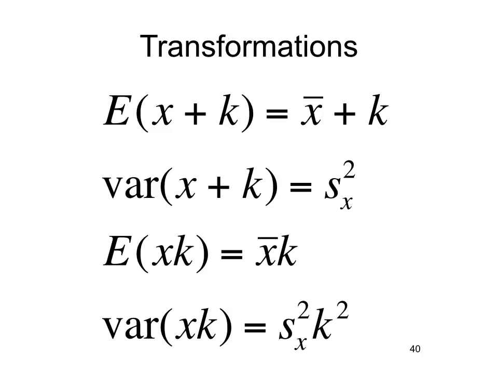So, that's going to change how spread out the numbers are. In that case, the variance, and remember, variance is a squared quantity, so the variance of x times k is s squared sub x times k squared. So s squared sub x times k squared. So if we want to multiply all the scores times,